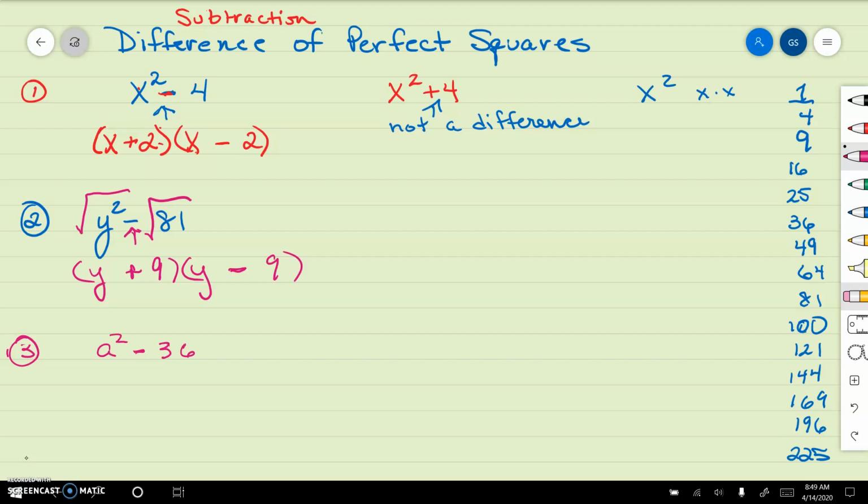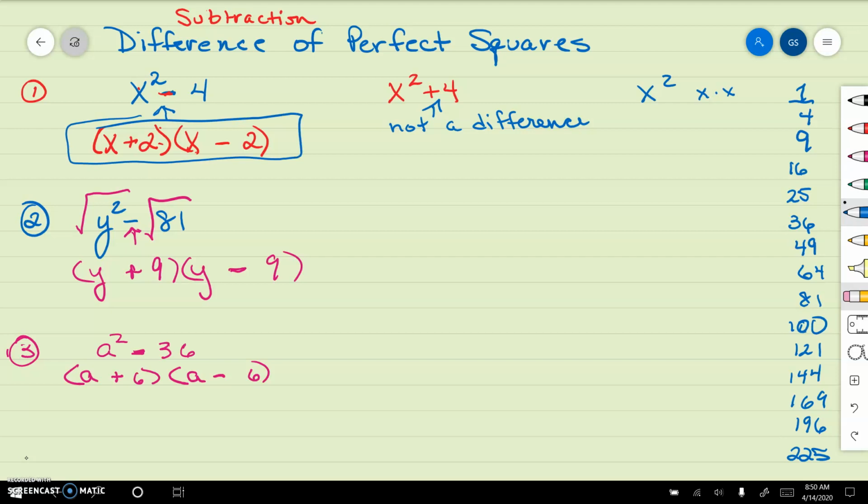So we are going to double bubble. Square root of a squared is a. So a times a equals a squared. On the back end, we're going to do square root of 36, also known as 6 times 6 is 36, okay? Now, we need a negative 36, so we're going to put an addition and a subtraction. And that's it. Ooh, I haven't been boxing my answers. Box, box,